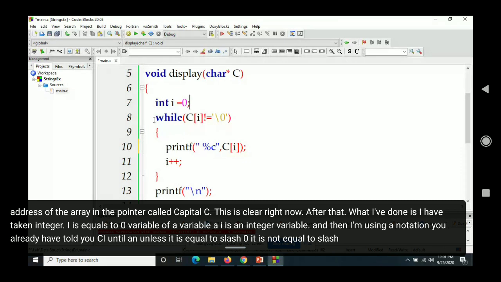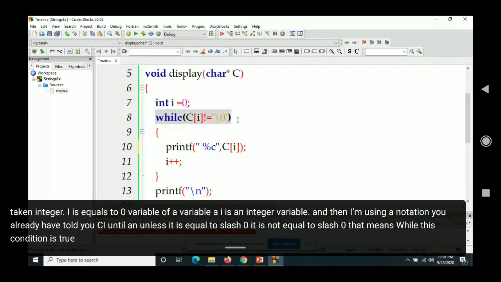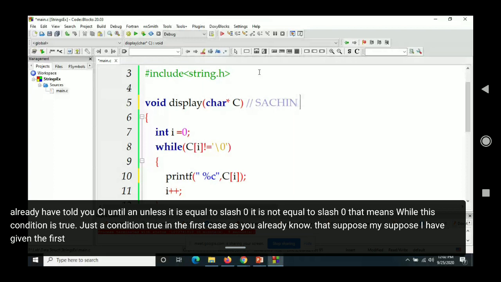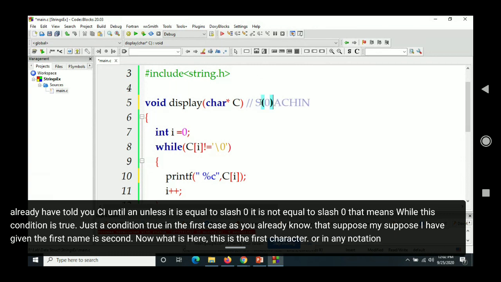That means while this condition is true, जब तक ये condition true है, तब तक ये loop घूमता रहेगा. So in the first case, as you already know, let's suppose I have given the first name as Sachin. Now, what is here? This is the first character, or in array notation, it is the 0th character.